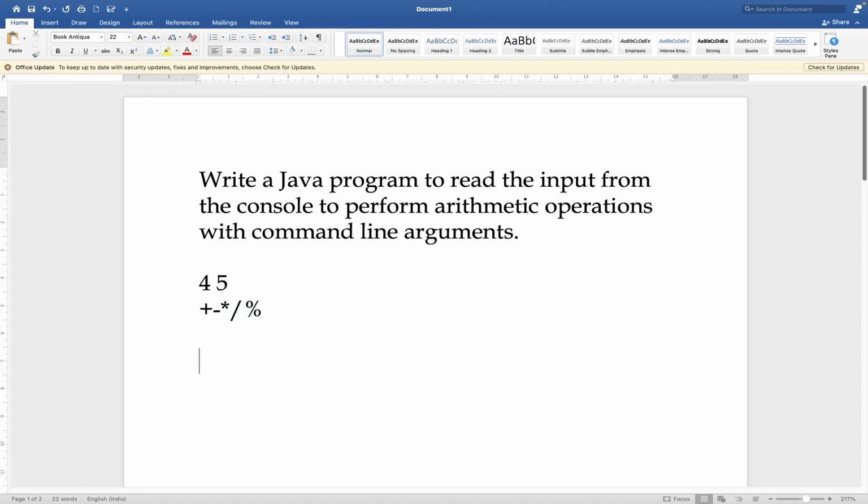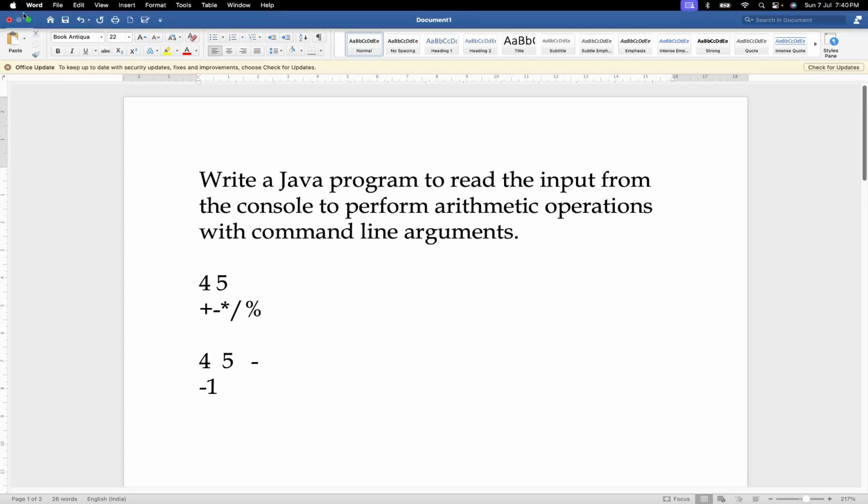So if I give 4 and then 5 and then plus, then it has to return the answer 9. So 4 plus 5 is equal to 9. If I give minus, then it has to return minus 1. So for that,